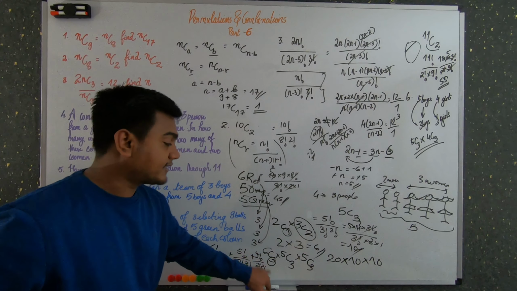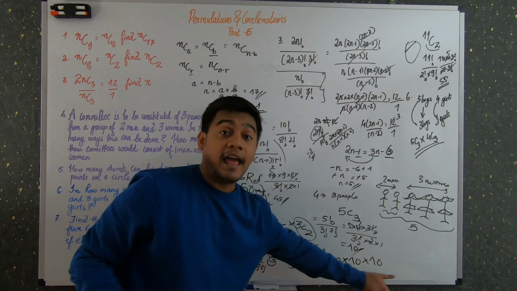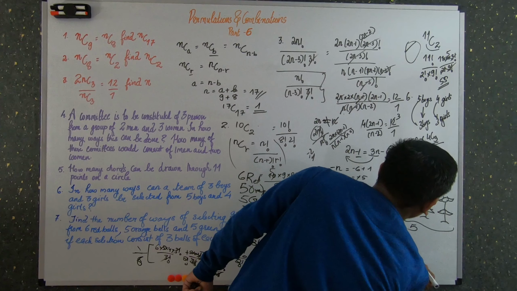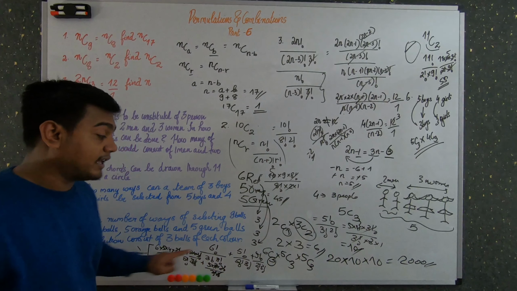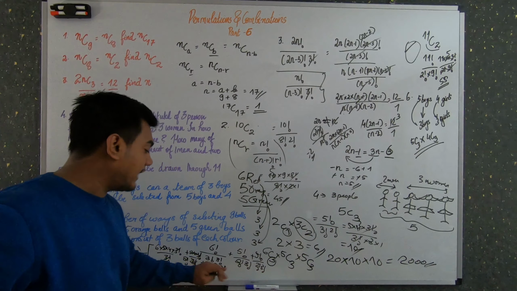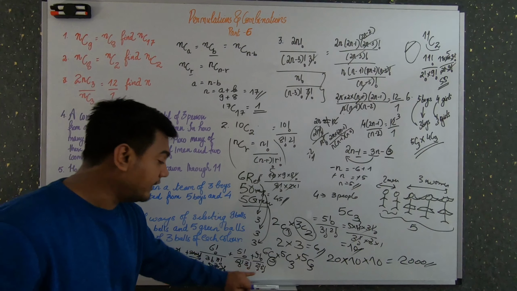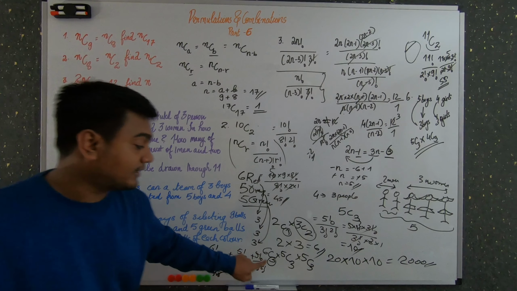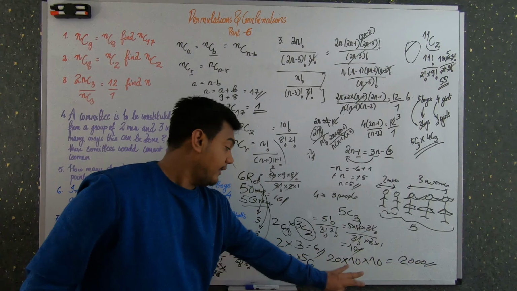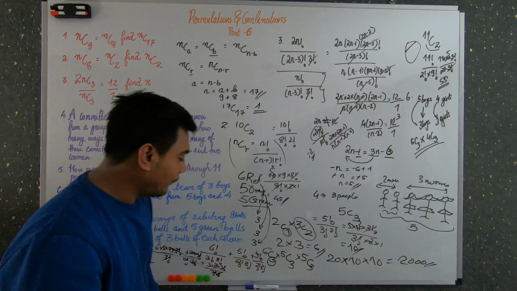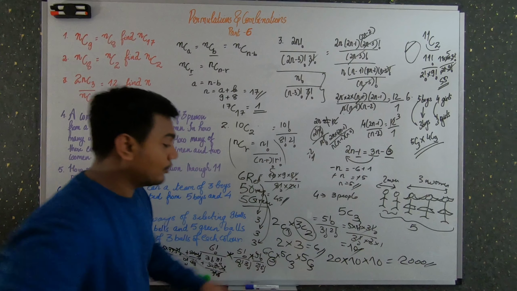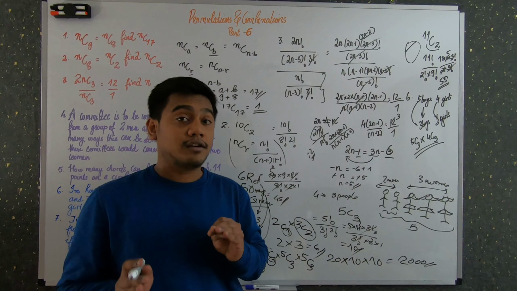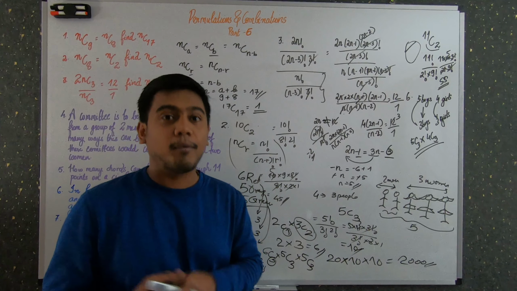At the end, I know that 6C3 is 20, 5C3 is 10, and the next 5C3 is also 10. So the total number of possibilities is 2000 ways. I made a small mistake of taking common factors here, so just ignore this step, okay? So till here it was fine, and 6C3 is 20, 5C3 is 10, and again the next 5C3 is also 10. So when you multiply together, 20 into 10 into 10, that is 2000. So there are 2000 combinations of ball selections, okay?